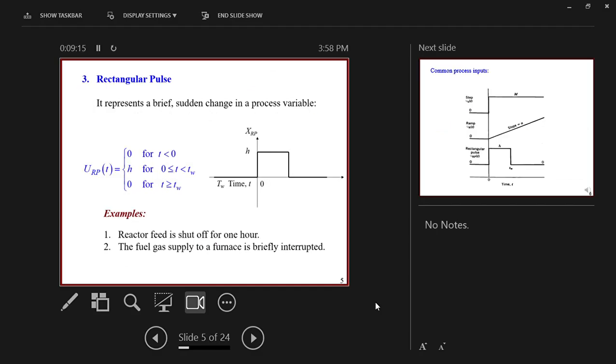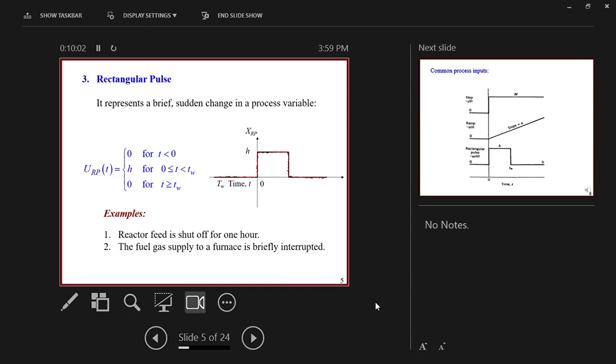Another common type of change is the rectangular pulse. We have studied this before, and actually it is a combination of two steps, one positive step and one negative step. This kind of change represents a brief change in the process input. So the change occurs as a step at time 0. At time 0, it goes to another value. We will call it h here. And then at another time, it will go down to the same value. And this represents a square rectangular